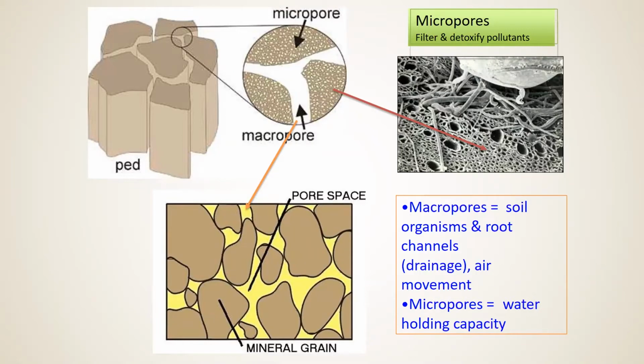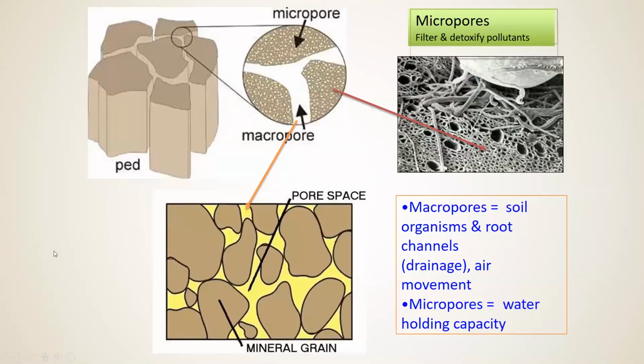So this is the interface, or the stage where we get the exchange of nutrients, air, water, and biological activity. This is where all the chemistry and physical activity exchange is happening in these macropores